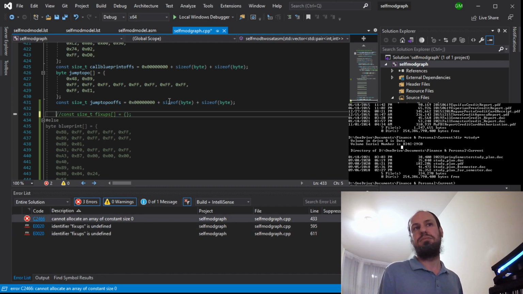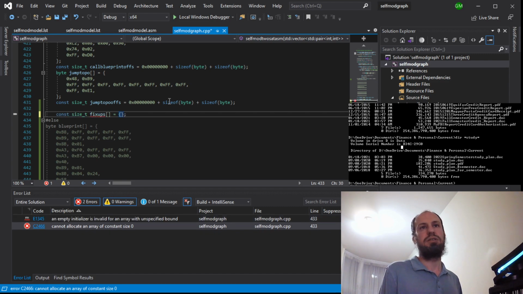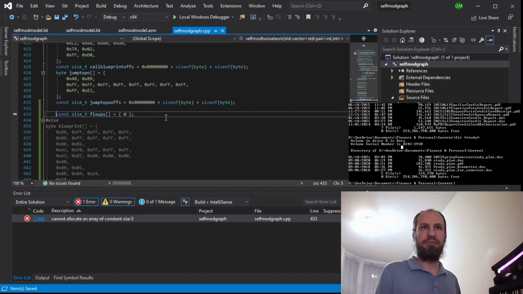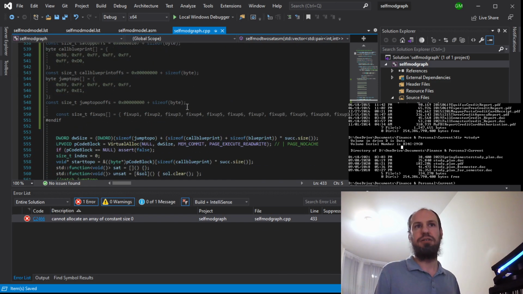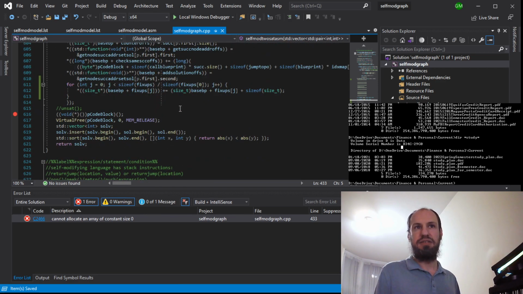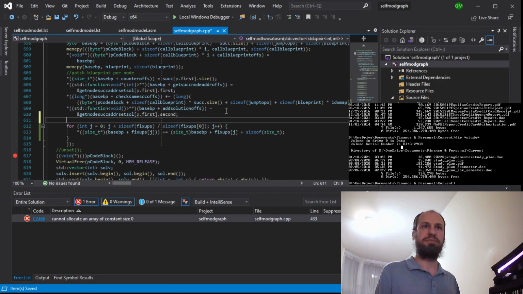The easiest thing to do, obviously that's going to just corrupt stuff, so we don't want to do that. But what we could do is say, well, we don't need the fix-ups in 64-bit, so